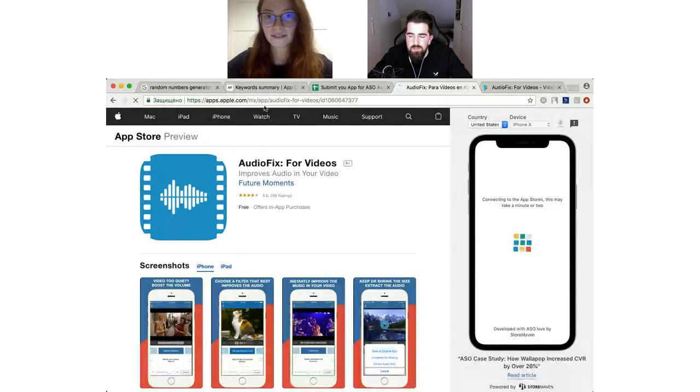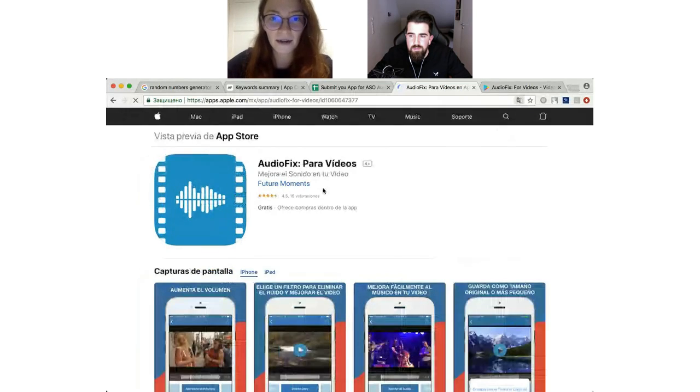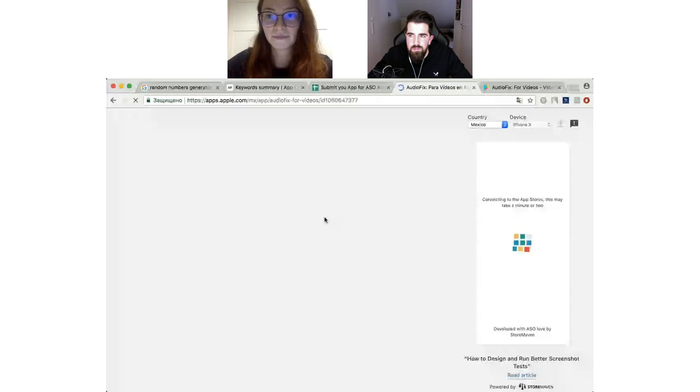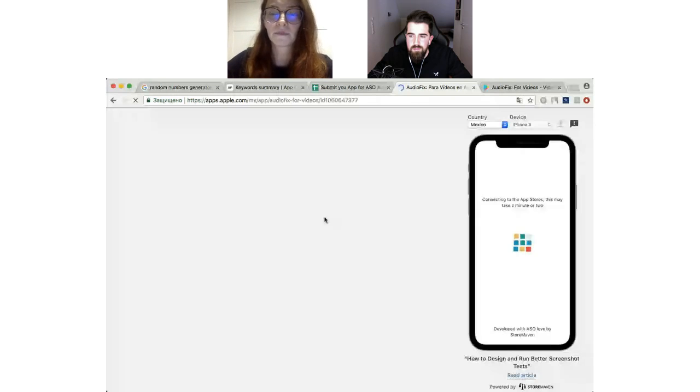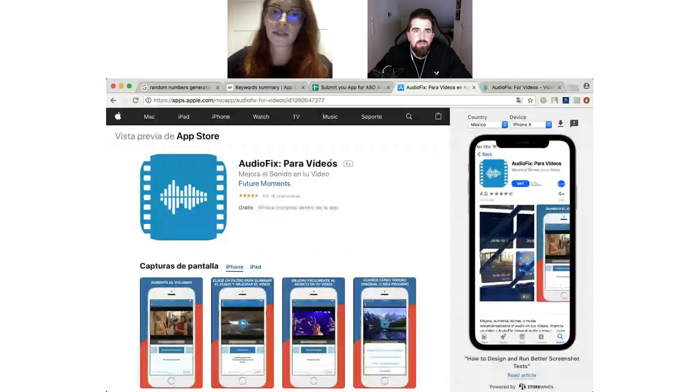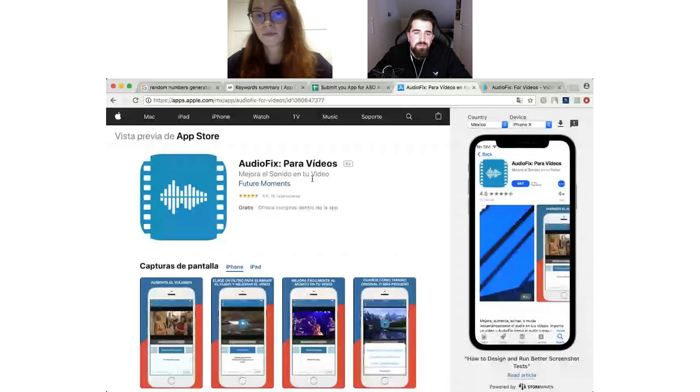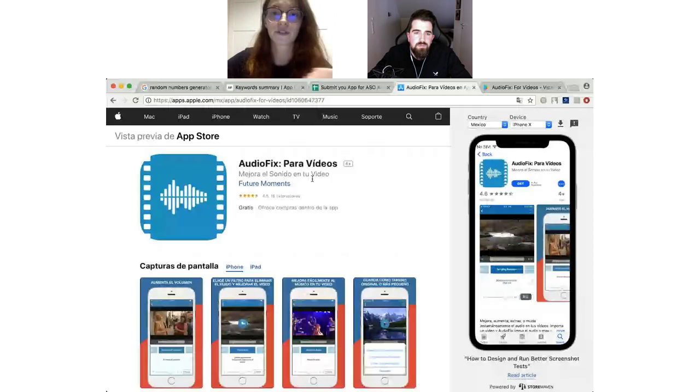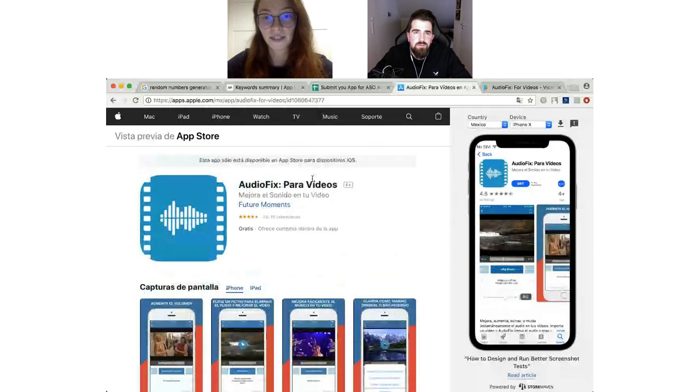So here we are, or not. Yes. Here we have Spanish data. Guys, if Mexico is not your target region, with only 15 reviews probably not, you can use this locale for the US. Just fill in your English metadata here in the app name, in the subtitle, and of course in the keywords field in App Store Connect, and you will increase the number of keywords indexed in the US region.